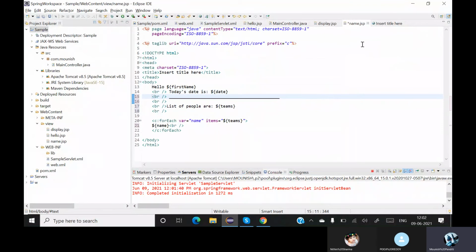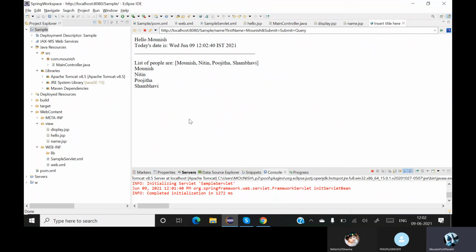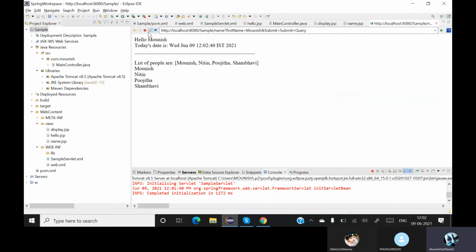Control Shift F. Properly formatted. Now you have everything proper. Only thing is I don't need this since I'm already printing it in a proper way. So I'll remove this, save it, rerun it.